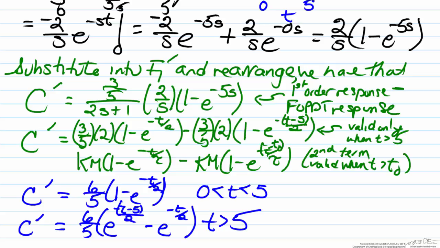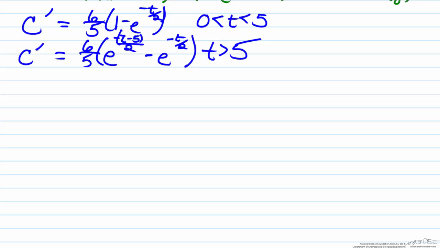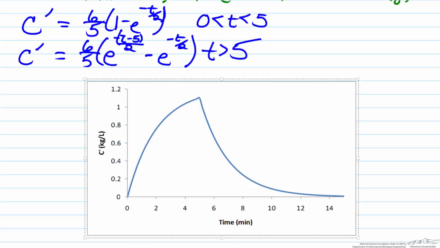If we plot the data based on the functions we provided, we'll get the graph shown below. If we look at this graph, it makes sense, because initially by increasing the flow rate of the more concentrated stream, our concentration will go up. Eventually, it will go back down and reach its old steady state once the switch has been flipped back, because we now regained the original flow rate, which means that over time we would regain the initial steady state. Note that we could also graph this with our y-axis as C without the deviation variable, starting from our steady state. So we go from 6 all the way up to 7.2.